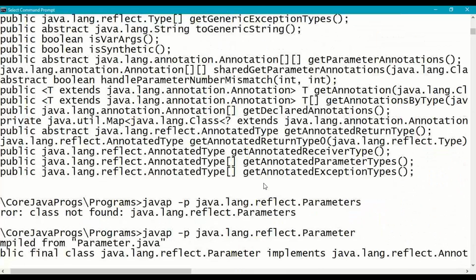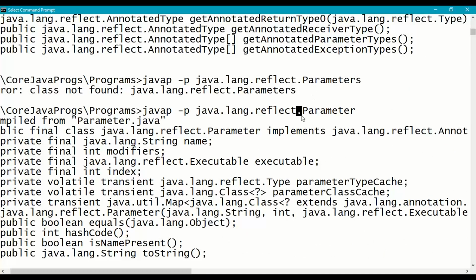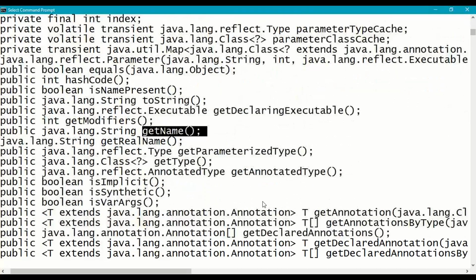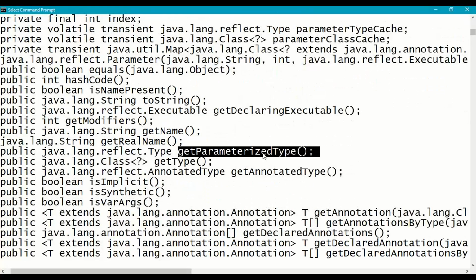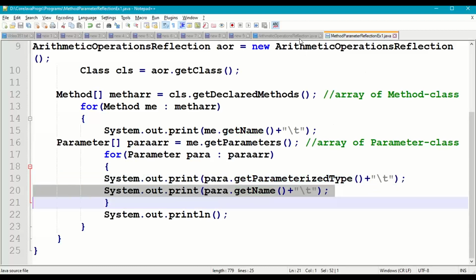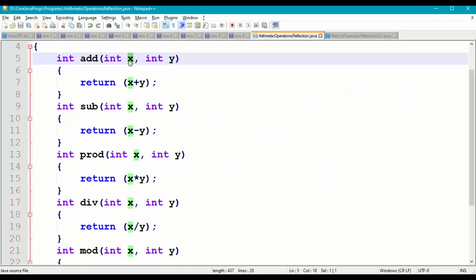In the description of the Parameter class, we have these two methods, the getName method and getParameterizedType. So getParameterizedType gives integer, give a tab space, and then getName. What is the name of the parameter? x.